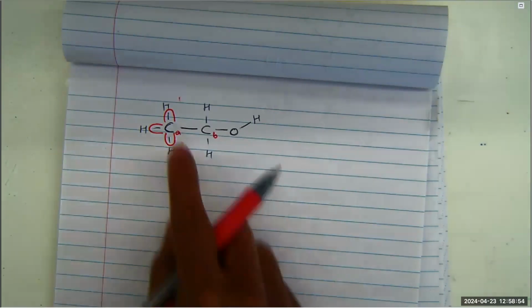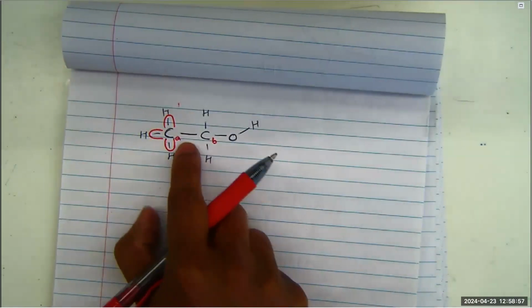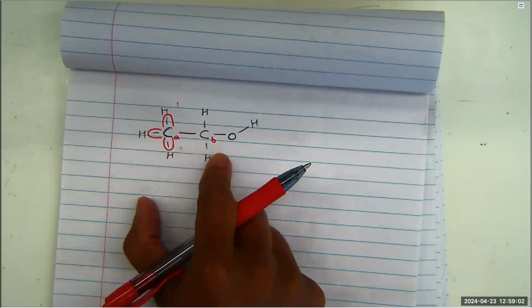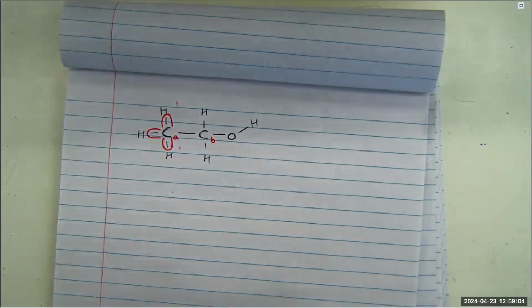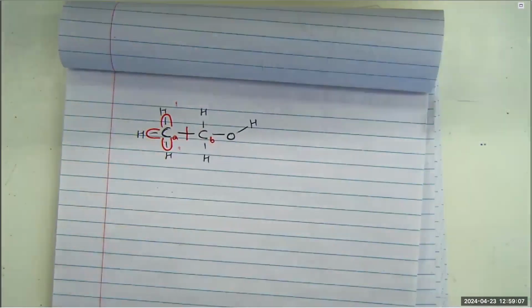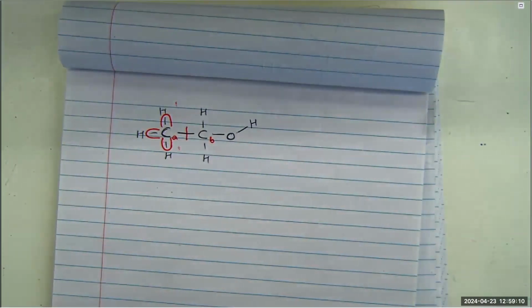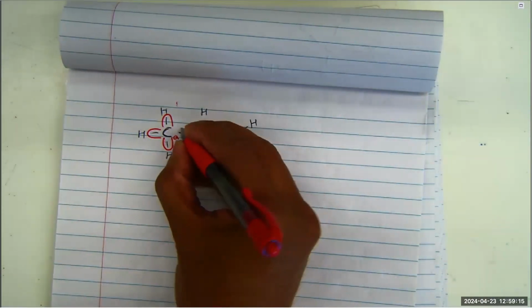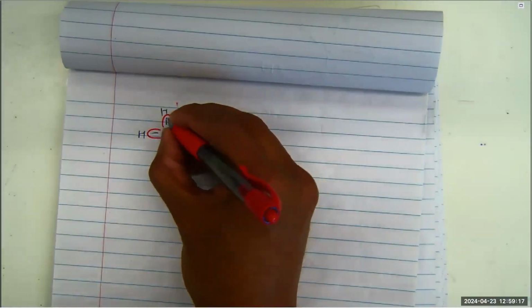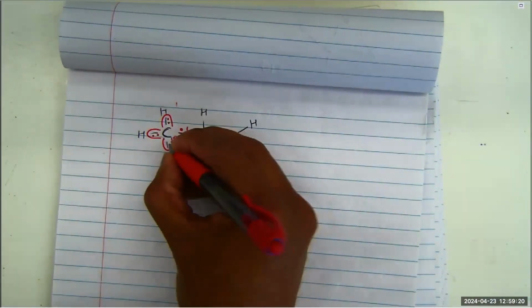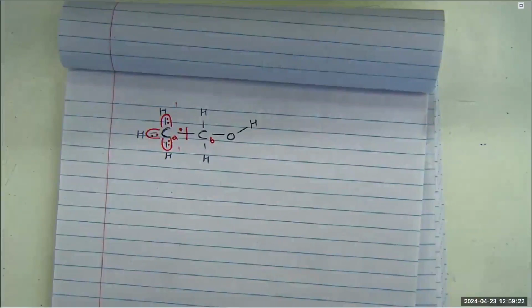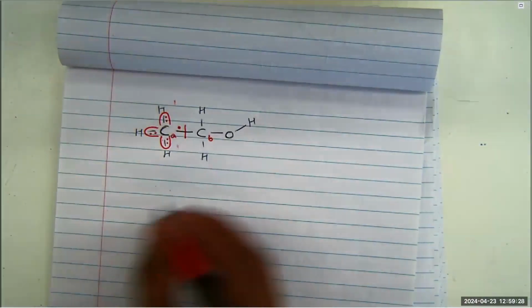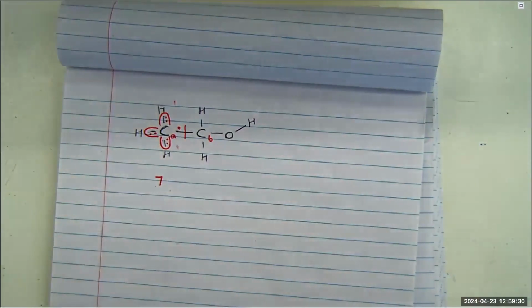Now let's think about the carbon-carbon bond. The electrons of this bond will spend more time around carbon atom A or B? What do you think? It's going to be a split, right? So I'm going to split it in the middle like that. Now I'm going to start counting. From the carbon-carbon bond, my carbon is going to get only one electron. From the carbon-hydrogen bonds, you're going to get 2 electrons each. So right now, I see that I have 1, 2, 3, 4, 5, 6, 7 electrons around my carbon